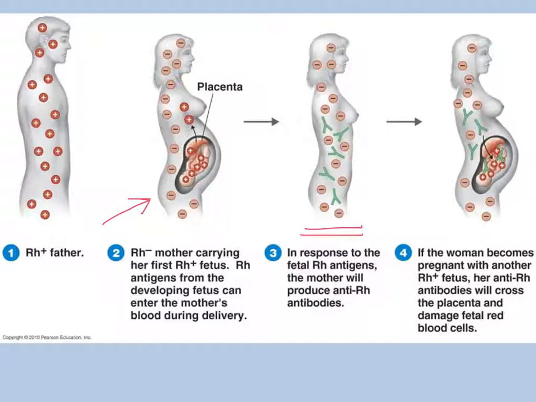The second time she carries an Rh positive baby, these antibodies can go across the placenta. They can cross the placenta and enter into the baby and actually attack the baby's own blood cells. So that if this child is born, survives the rest of the pregnancy, they can be starting off with blood cells that have already been broken down in their blood. They can come out of the womb already in a situation called jaundice, which is when you've